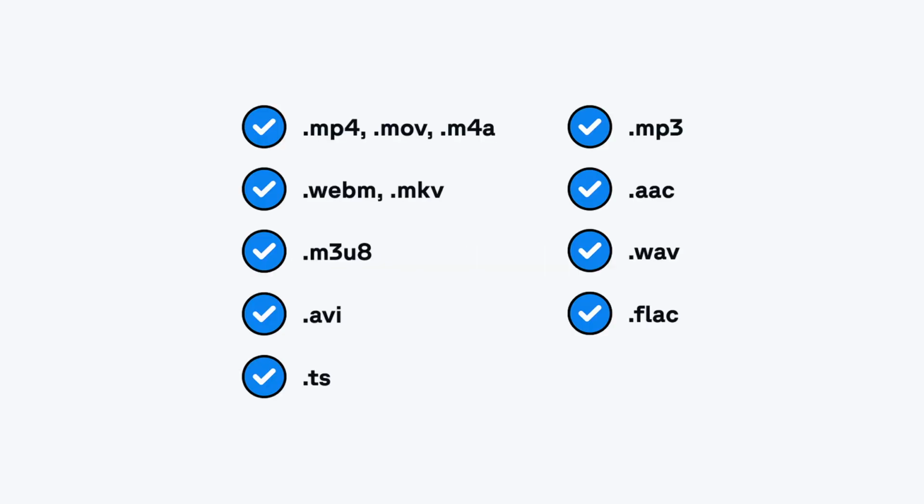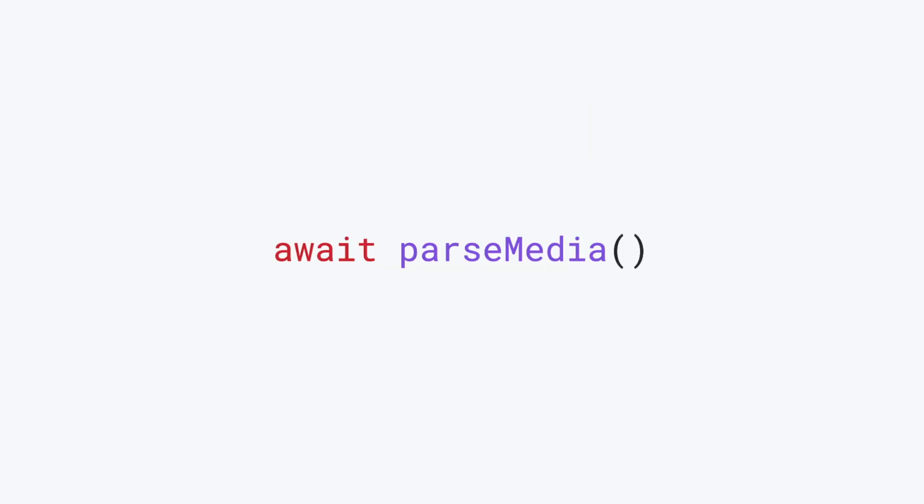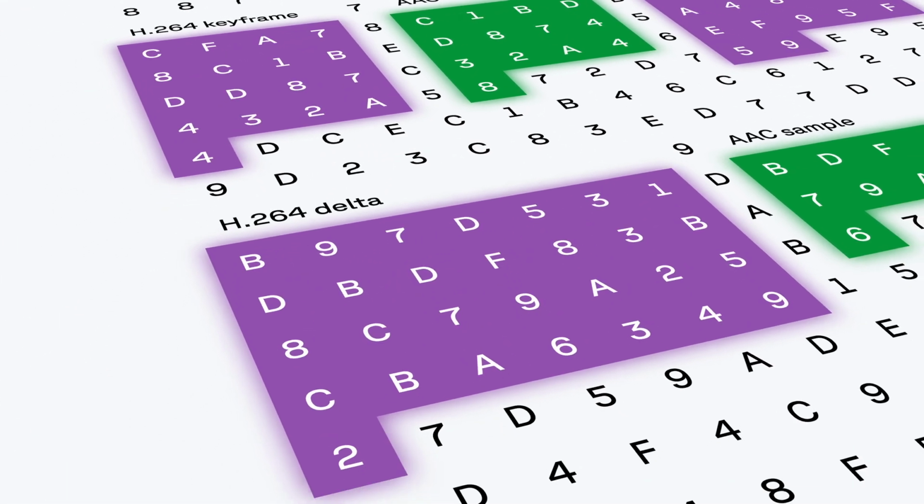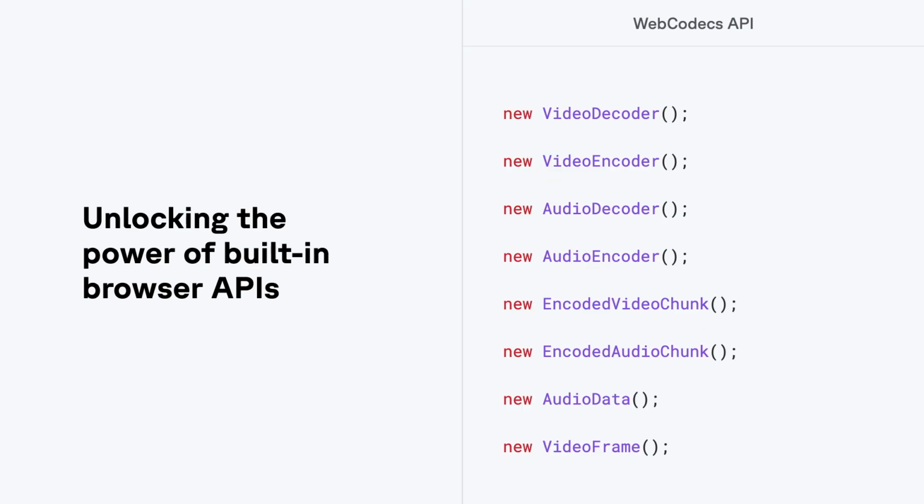It supports the 9 most common container formats and unifies them under one simple-to-use API. Media Parser has no dependencies. By taking care of all the necessary pre-processing, Media Parser makes it so much easier to harness the power of web codecs.